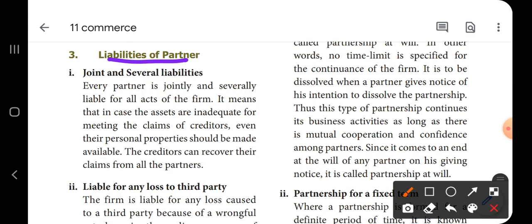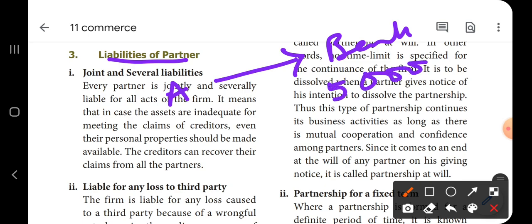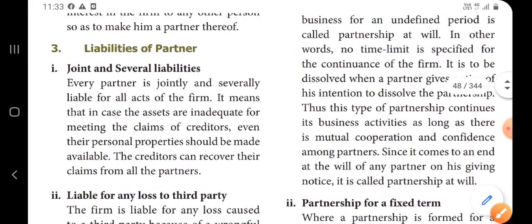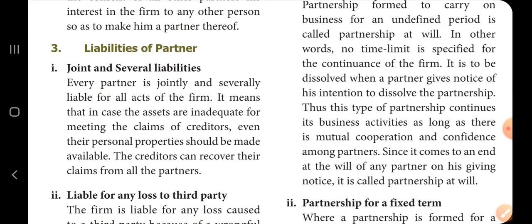Say for example, the business is getting a loan from the bank, for rupees 5 lakh. Loan is a liability because the business ABC Limited is liable to pay this loan to the bank in the future. So, business is liable to the bank for the loan. So, the liability of partner is unlimited.